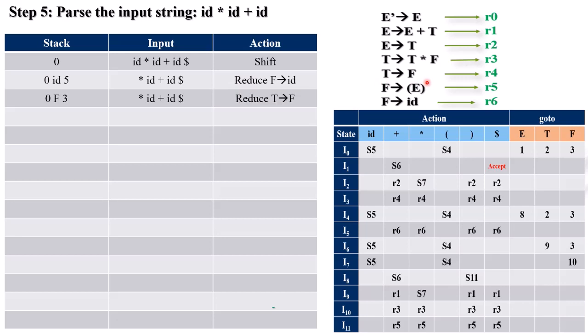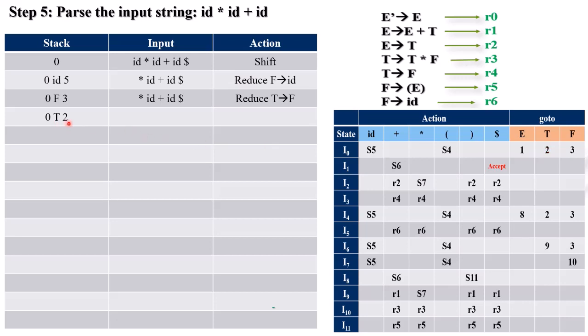When we reduce any non-terminal symbol, so here what will be there? 0 and T, as I told you earlier. And this number is not there in the next step. So what is in the stack? 0 and T. From where does this 2 occur? From 0 and T, you have to check 0 and T. There is 2. That's why we write here 2.